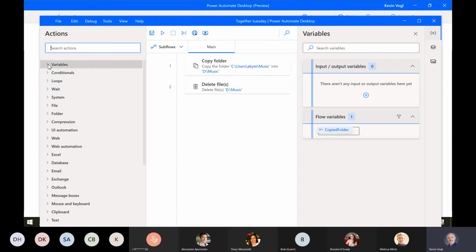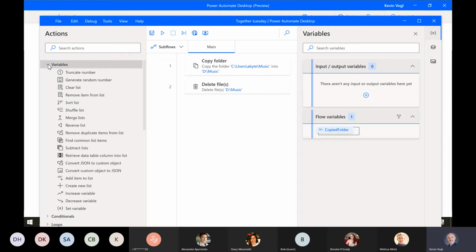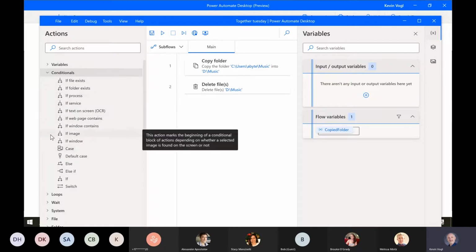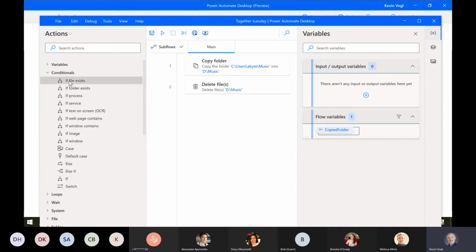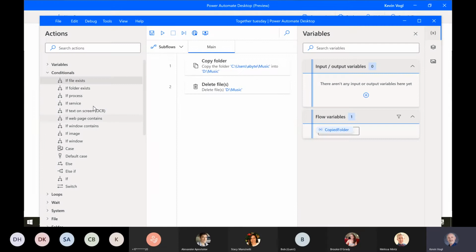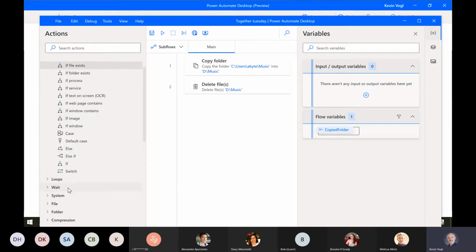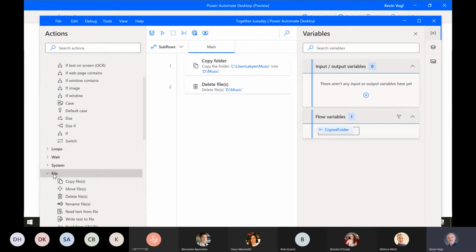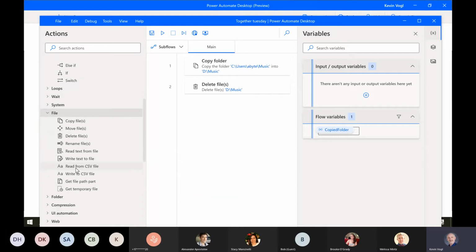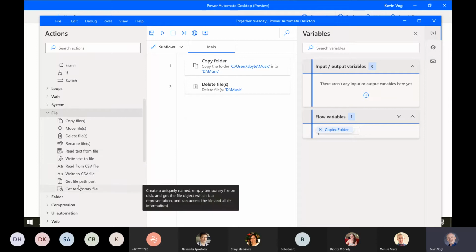So if you wanted if statements, you can do variables here. You can do conditions. So if a file exists, do that. If it doesn't exist, do this. So it really makes it easy for you to drag and drop these things. All you've got to do is basically click on it. You can put the path in here that you want. So if the file exists, do that. So very easy to do those types of things. You can even create, for instance, your files here. If you wanted to go in and copy a file or move a file, delete files out of your folders, you can set up all of these automated